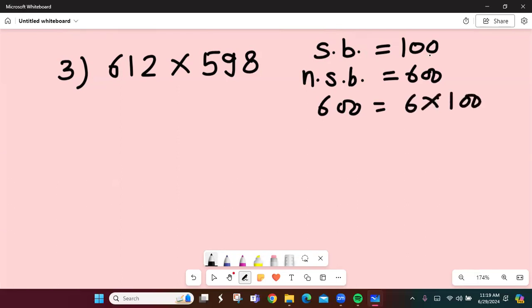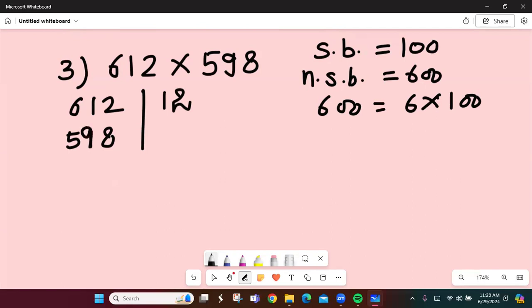That means in this case, the non-standard base is 6 times the standard base. Now, I'll write as usual both the numbers one below the other, and in the right side column, I will write the differences between the number and the non-standard base. Now 612 is 12 greater than the non-standard base, and